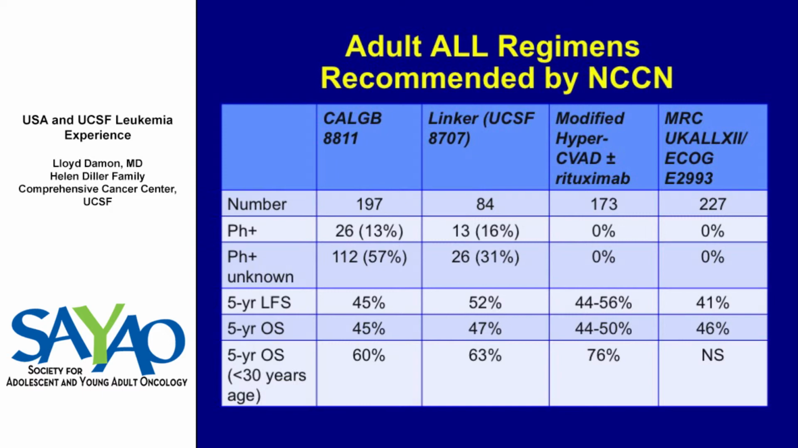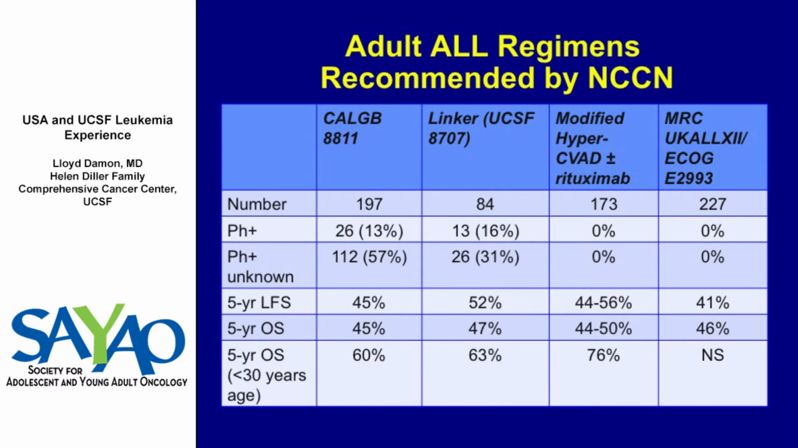I do note in the CLGB 8811 and in the linker protocol, there were Philadelphia positive patients involved. In CLGB 8811, it was 13% that were known to be Philadelphia positive. In our study, it was 16%. But a huge proportion were unknown at that time. So at that time, the use of routine cytogenetics and other things was just coming into practice, and so there were a lot of unknowns about how many Philadelphia chromosome individuals were really in these trials. Both the modified hyper-CVAD and the United Kingdom ECOG study deliberately knew what those were and excluded Philadelphia patients,